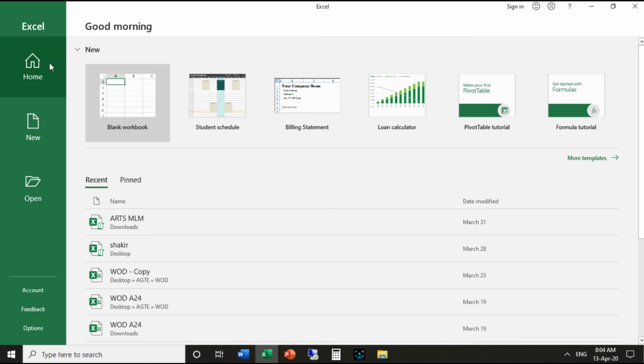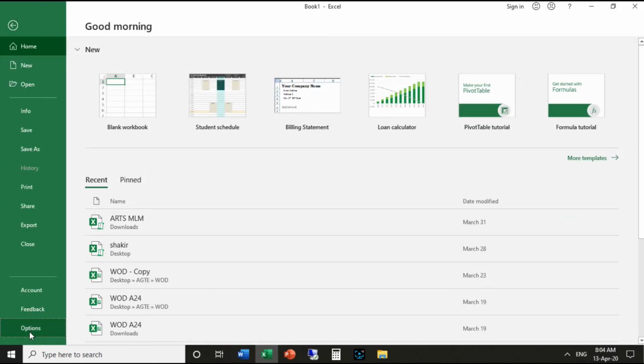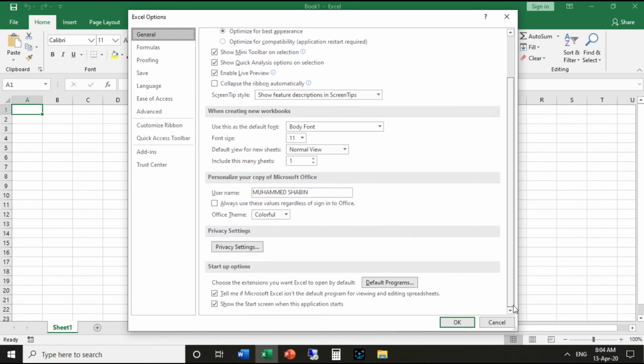On the File tab, click Options. Under the Startup option, uncheck Show the start screen when this application starts. Then click